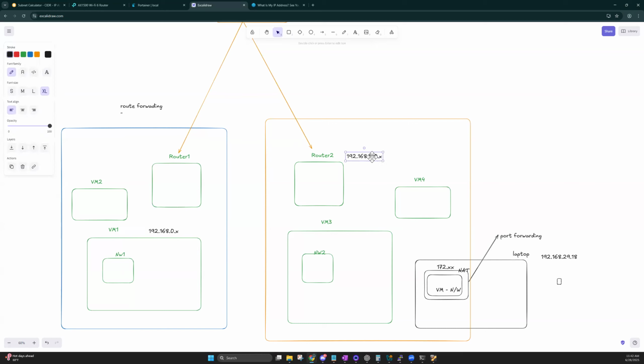These two belong to separate CIDRs. If they want to communicate, we add a routing rule. The routing rule specifies that wherever a packet is coming with something like 192.168.140.x,